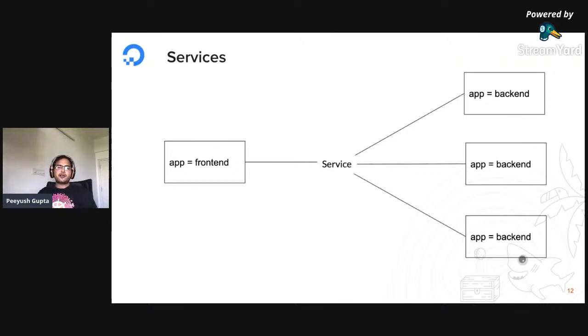Rather than keeping track of how many copies you have and which copy you actually want to talk to and where you want to send your data, you basically remember just one IP. And Kubernetes automatically makes sure that all the backend pod data is updated to the service. Service has a field called endpoints. Whenever an application that's part of the backend group comes up, it would just be added to the service's endpoints. And then the service load balances them, probably in a round robin way: the first request goes here, the second request goes to the second pod, the third request goes to the third pod, and then the fourth one again moves to the first pod, right?